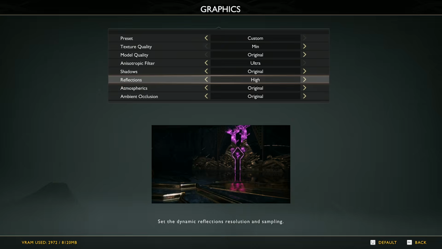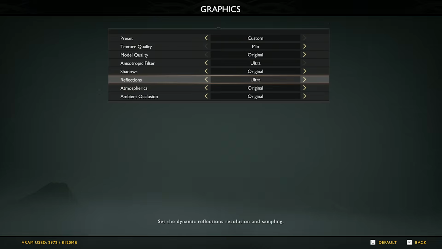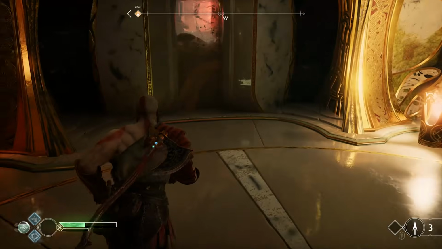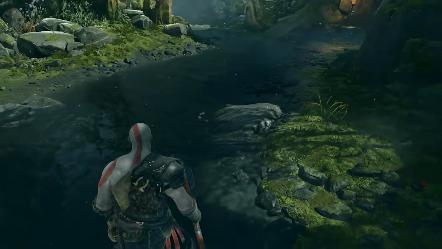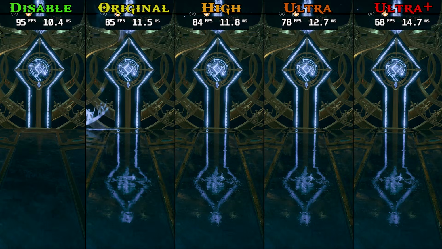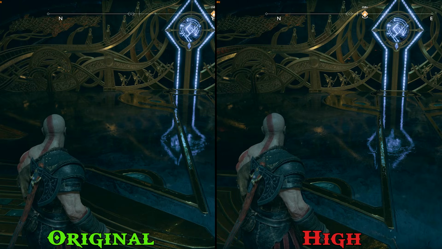Next one is reflections. It controls the quality of screen space reflections or SSR, but SSR are rarely used in this game. They appear only in 1 or 2 spots in the entire game as far as I can tell. Most other reflective surfaces use cube maps, and even bodies of water don't have SSR. But anyway, with reflections we have 5 options. Of course we get no reflections with disable. With original we get SSR with a 9% hit to performance. High improves the quality of reflections, especially when moving, as you can see here,